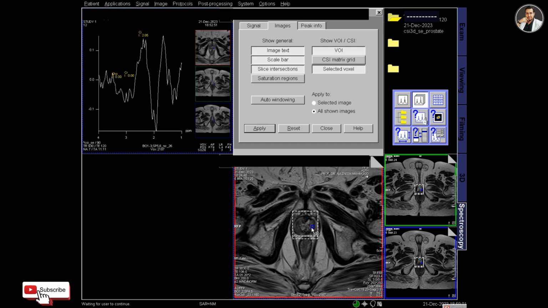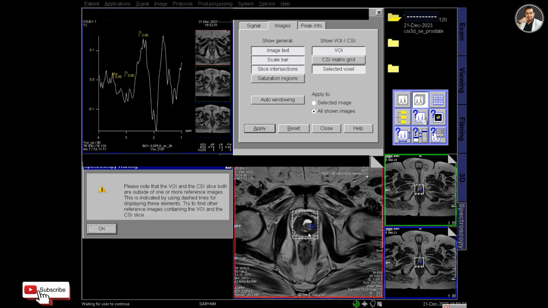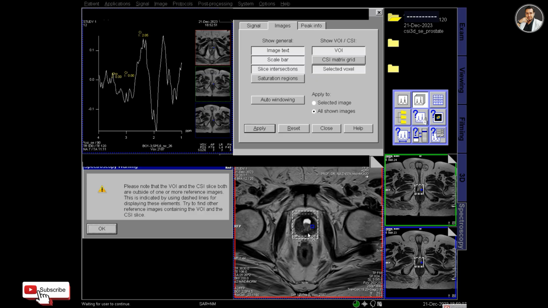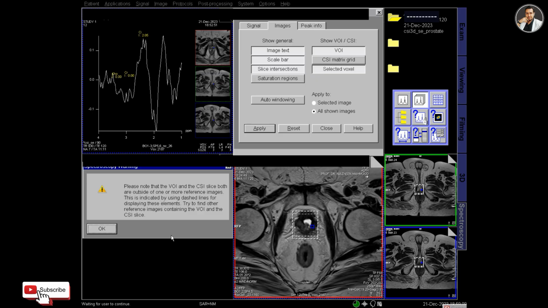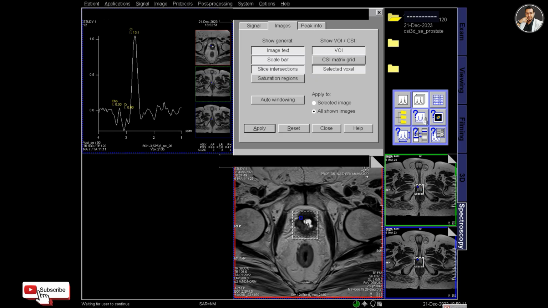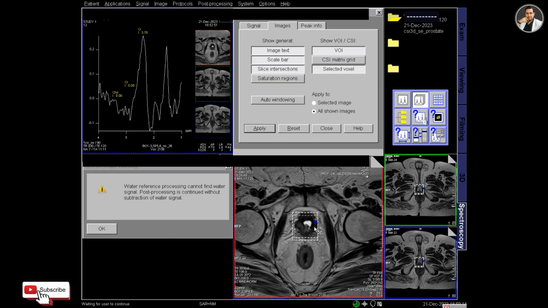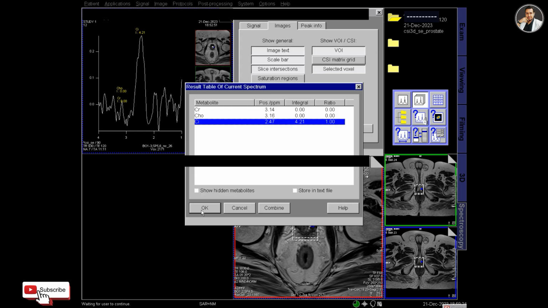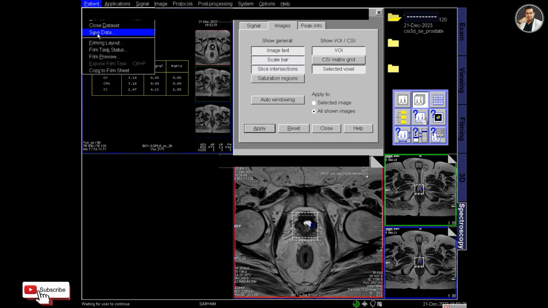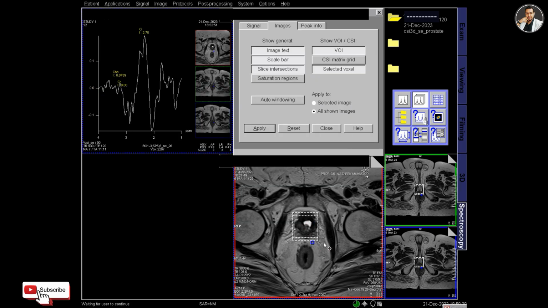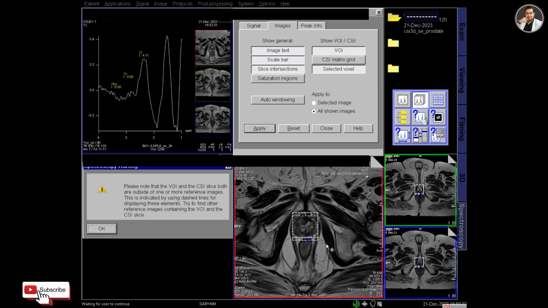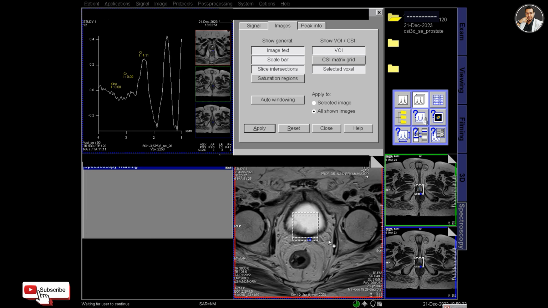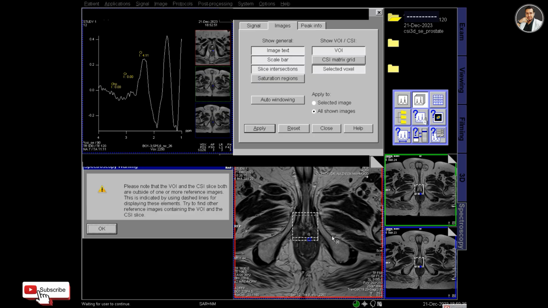and also save the table for this pixel. And I am searching for another area where a lesion is more black and seems to be cancerous tissue, and then you can see that citrate is also a peak there, and save the graph and save the table. So select 4 to 5 pixels inside the prostate, and select and save the graphs and tables. So this is the technique for MRS.